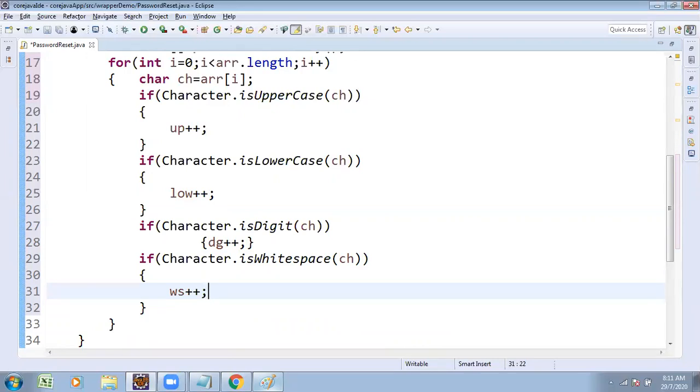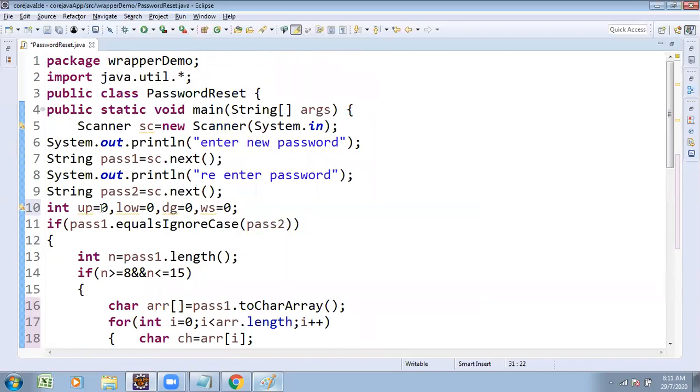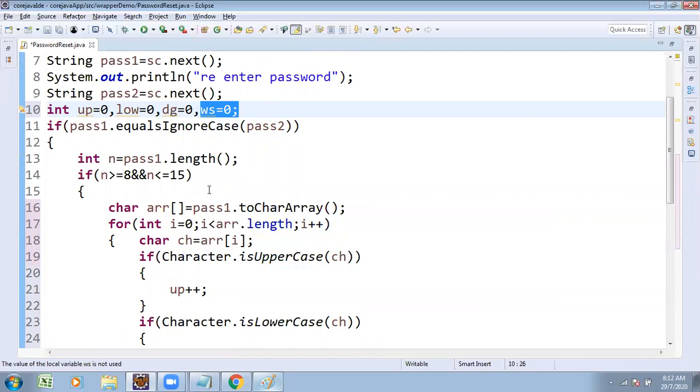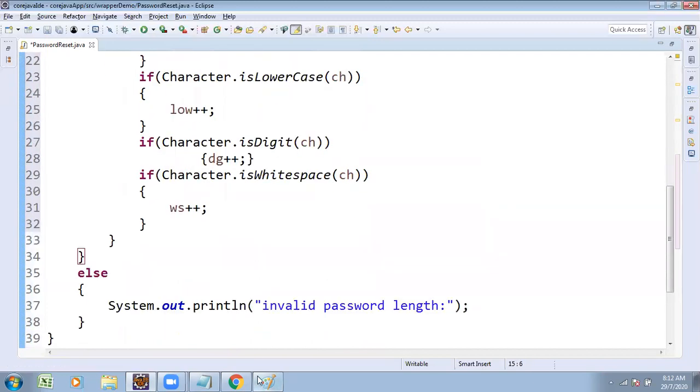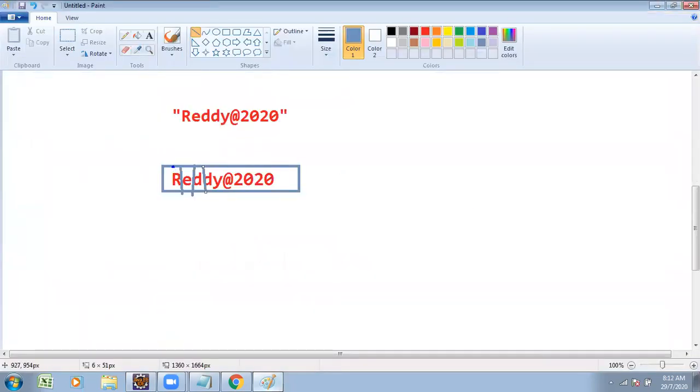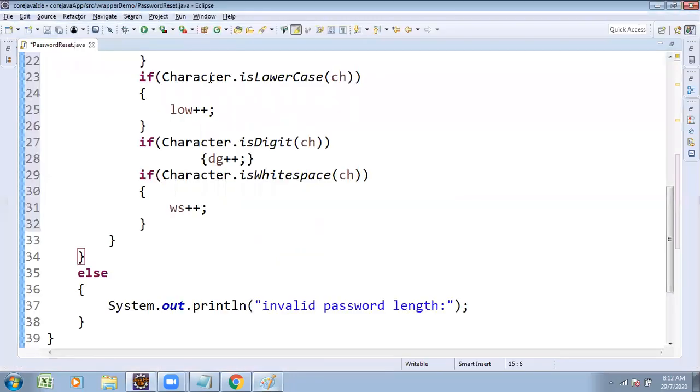Till now we have done all the process. What did we calculate? We checked the number of lowercase, number of uppercase, number of digits, number of white space characters. Everything is finished. After finishing, I want to concentrate on the calculation of special characters. What remains is treated as special characters. From that point of view I am writing the logic.